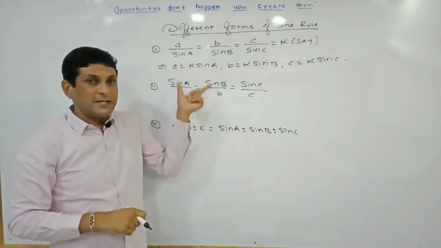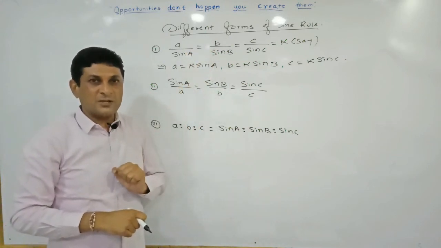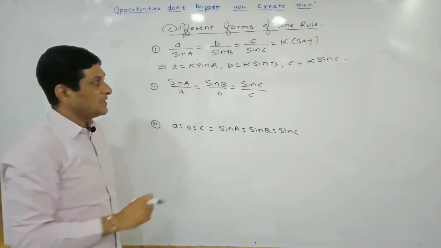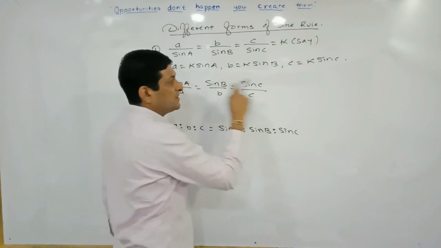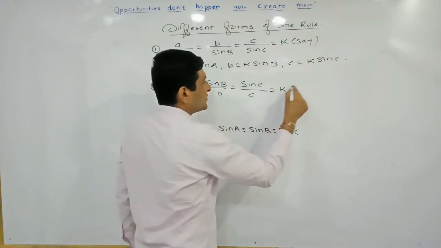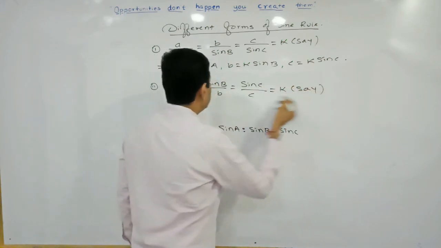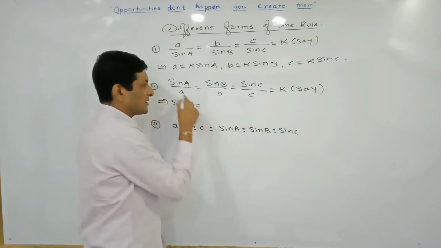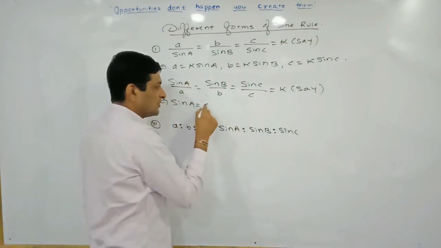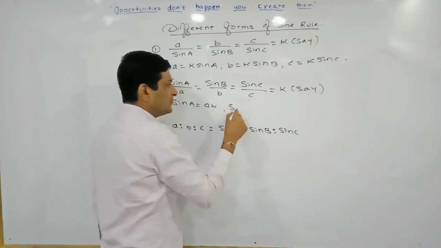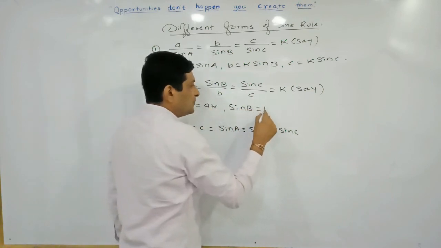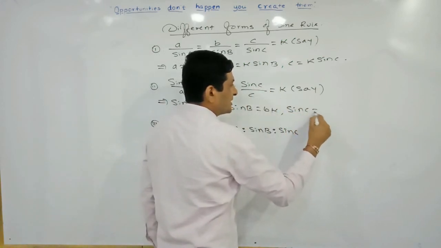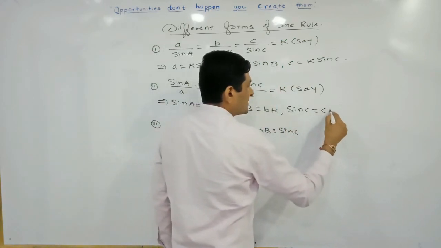Now even this sine rule can be written in this form also. Just simply taking the reciprocal of each term, we know that if ratios are equal, then reciprocals are also equal. If we write the same sine rule in this form, and denote this ratio by k, what result will we get? This implies that sin A is equal to k into a, which is ak, sin B is equal to bk, and sin C is equal to, this c will get multiplied on this side, ck.